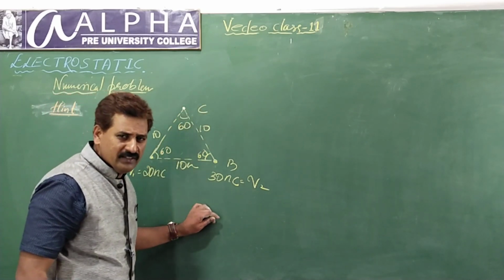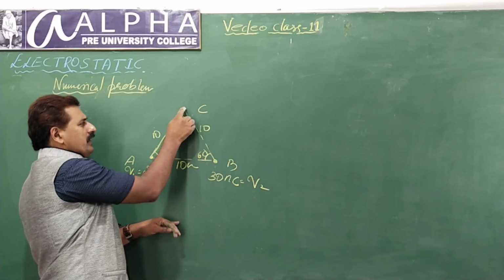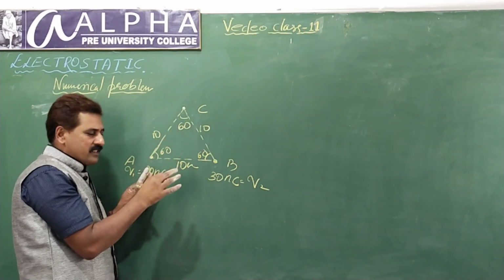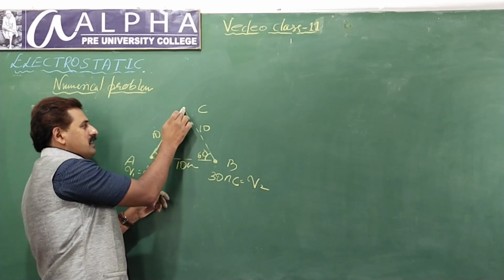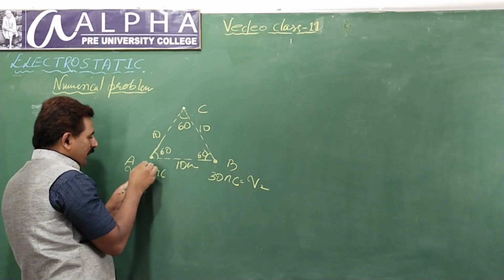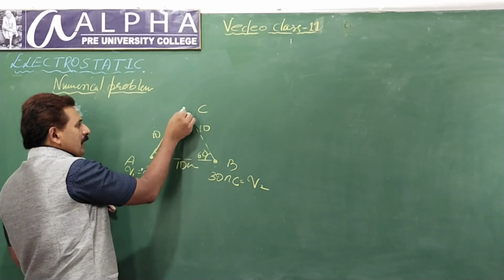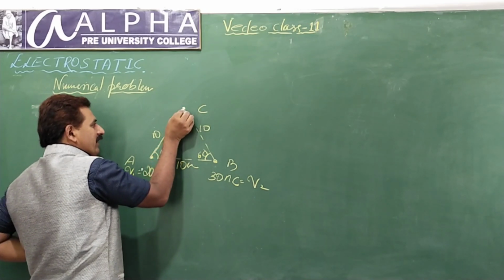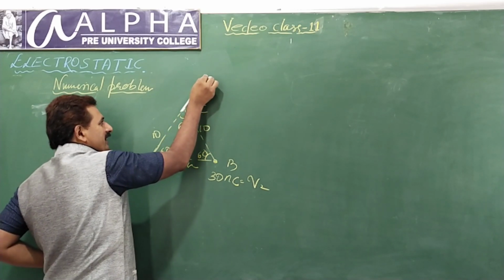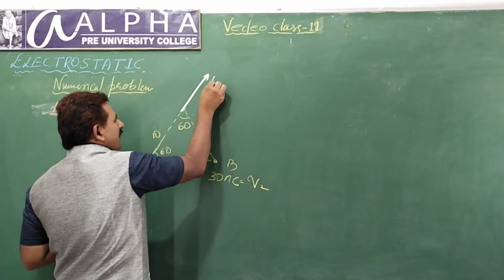What is electric field, students? You are placing a unit charge. You think there is a unit charge here; you need not show that charge. You suppose there is a unit charge. These two repel each other. As the charge is positive, the unit charge is also positive, and positive-positive repel. That's why the electric field is like this. The electric field is acting like this. That is E1.